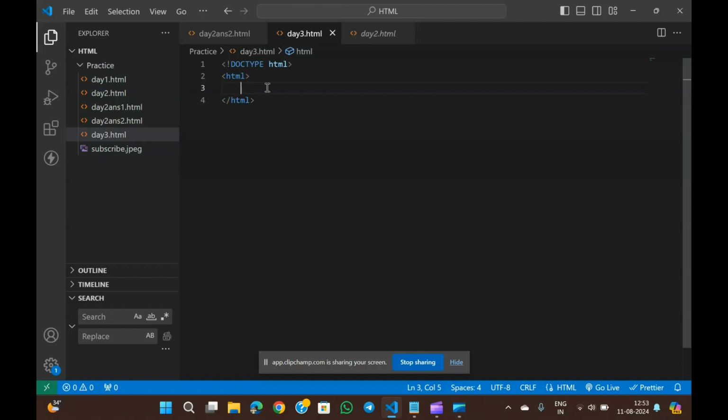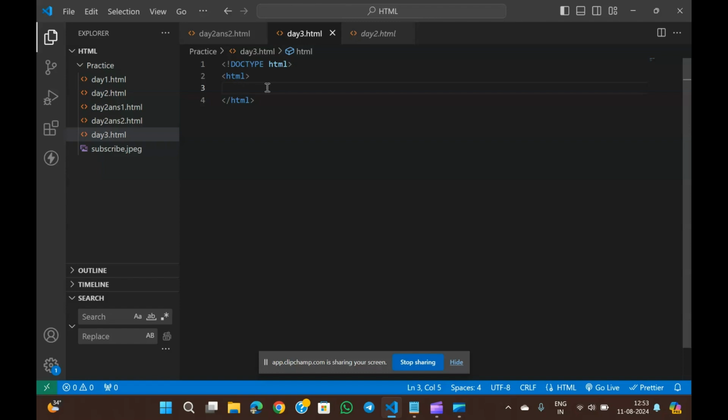Okay, let me ask a question. Is HTML a programming language? No, HTML is a markup language. A markup language contains a set of tags and elements, while programming languages contain a set of instructions and code. If anyone asks you whether HTML is a programming language, say a big no. It's a markup language used for web technologies, especially front end technologies.